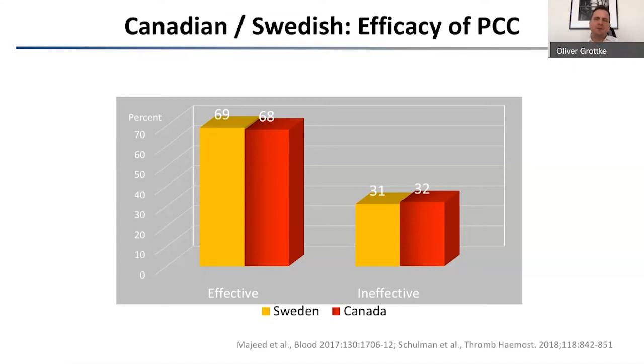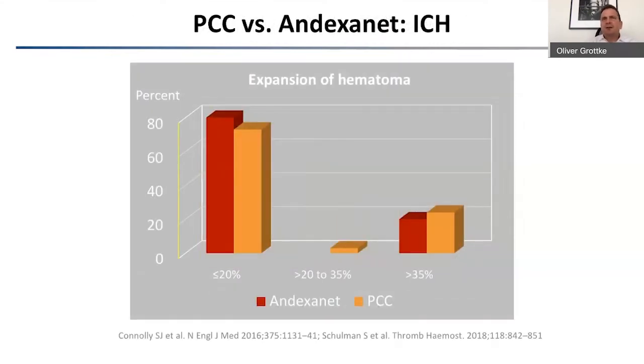So it seems from this observational data that the four-factor PCC is quite effective in restoring hemostasis following bleeding under factor Xa inhibitors. Of course, now it's interesting to see how the four-factor PCC compares versus andexanet alfa. There's a current study going on, the so-called ANNEXA-I study. However, currently we have no data, and that's why Sam Schulman compared those data from the ANNEXA-4 trial with the